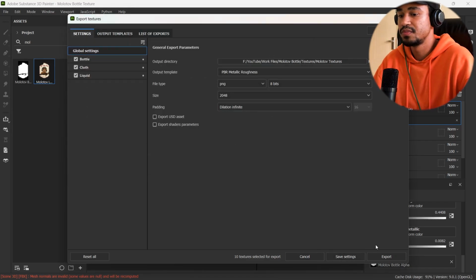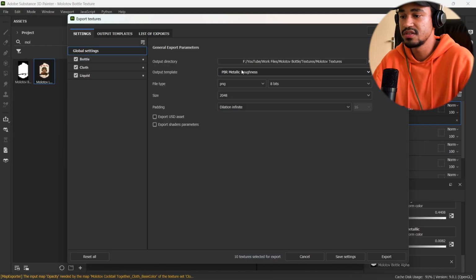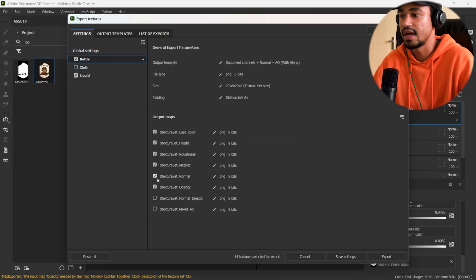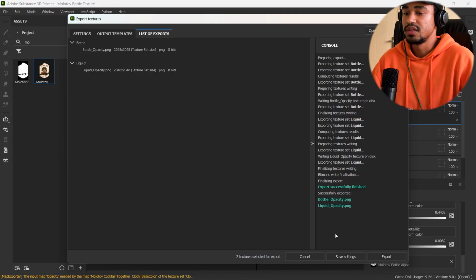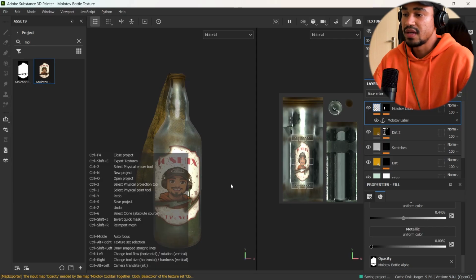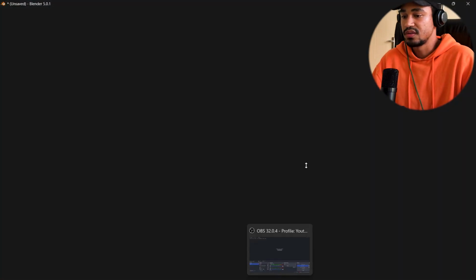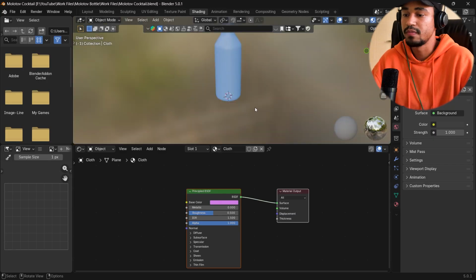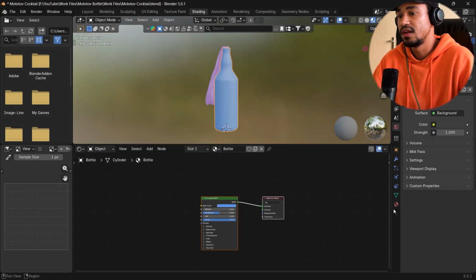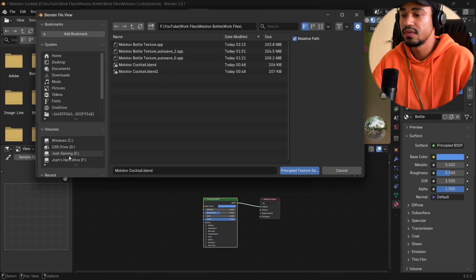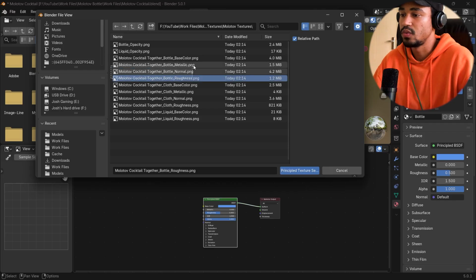Here I am just exporting the textures, as I'm fine with how the bottle looks right now. Exporting the textures and also exporting the opacity textures for this bottle. Now we head on back into Blender, and here we can now add all of those textures that we exported